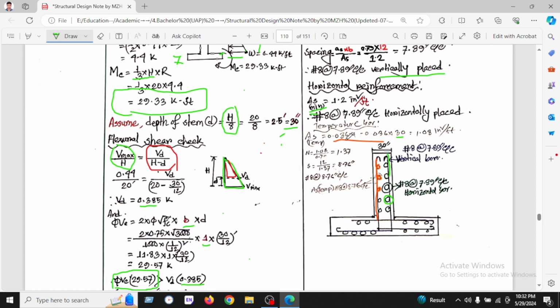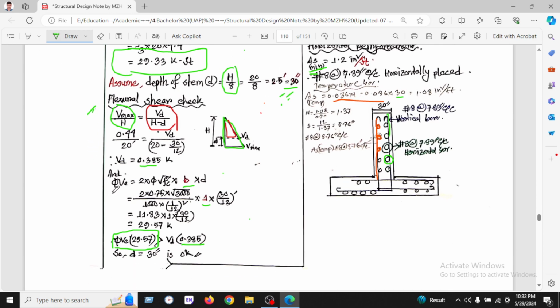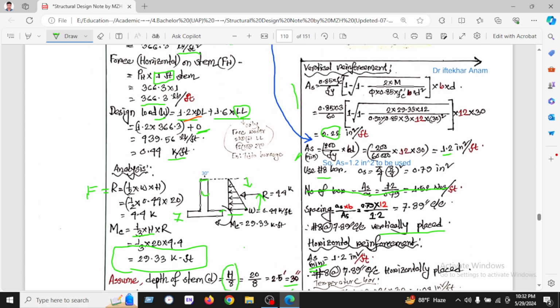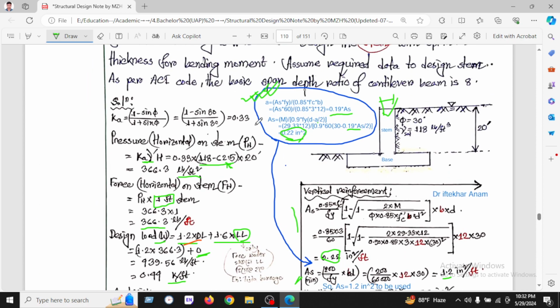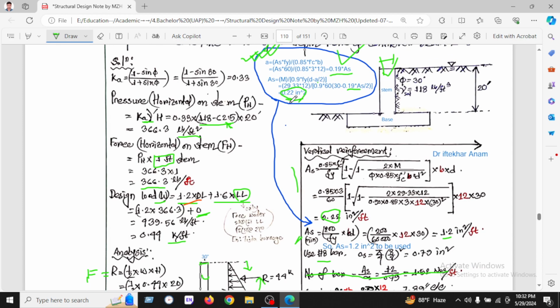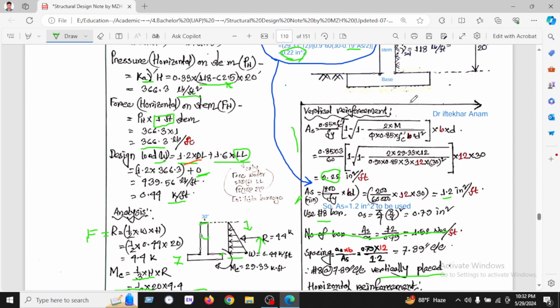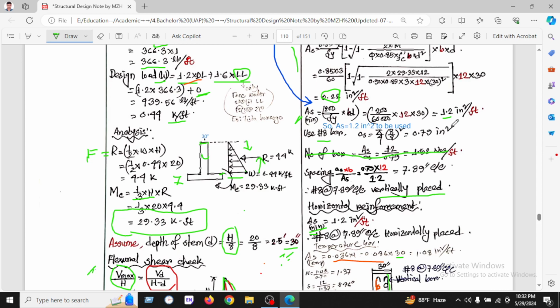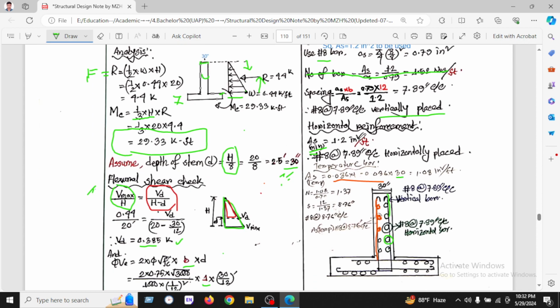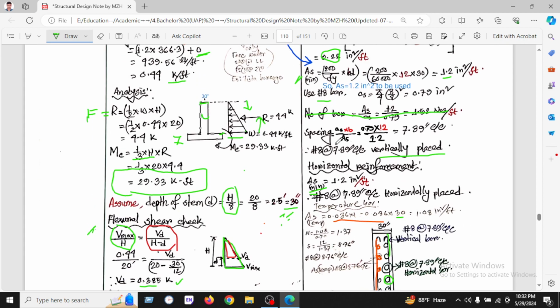and they assume the depth is 30 inch, and check this depth by shear, which is resisting shear is 29, but we have induced shear 0.38, so the depth is okay. And then we have used this formula, or this formula we will use as Fy. This formula is recommended depth, and found 0.22 inch square, and the minimum reinforcement 1.2. So 1.2 inch square is governed as the bigger reinforcement found, and we have used number 8 bar and the spacing